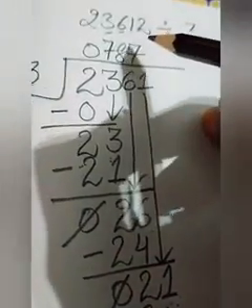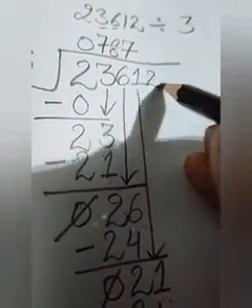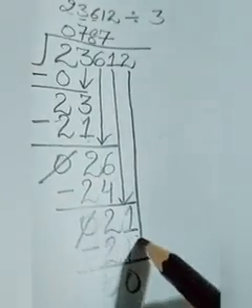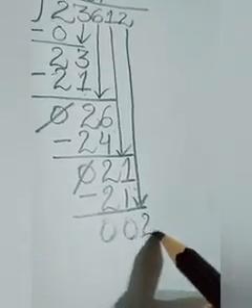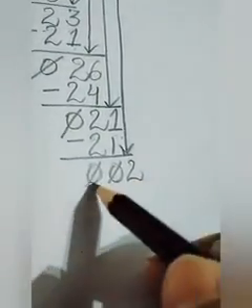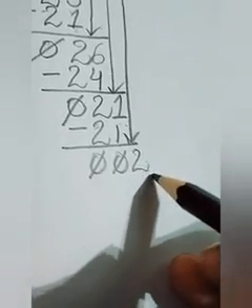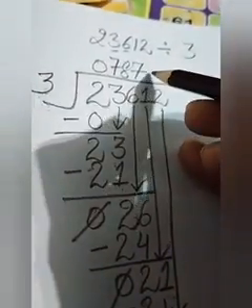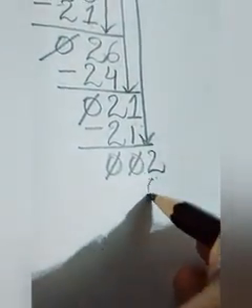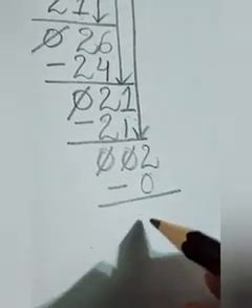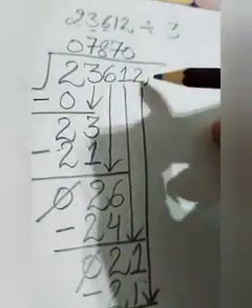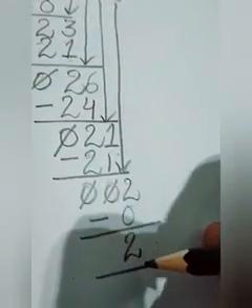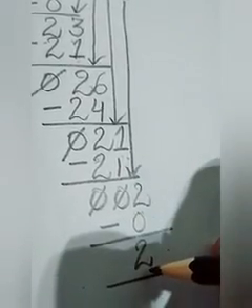Yes, now 2 is also there. Next digit is 2. So we will bring this 2 downside. These zeros we will ignore, because no number starts with 0 in maths. Then only 2 is with us. Then we will also divide 2 by 3. Yes, now what to be written under 2? Only 0 can be written. So how we will divide this? 3 zeros the 0. Yes, 2 minus 0, 2 will be there. Now there is not any other digit after this to bring downside. So our division is over up to here.